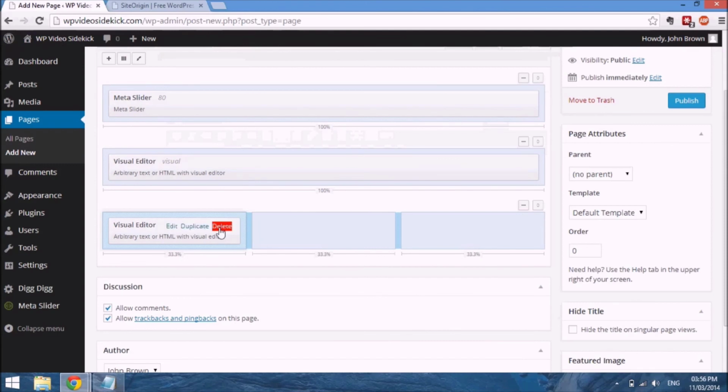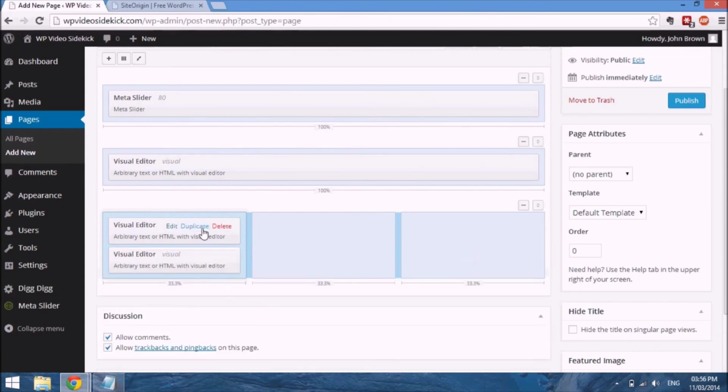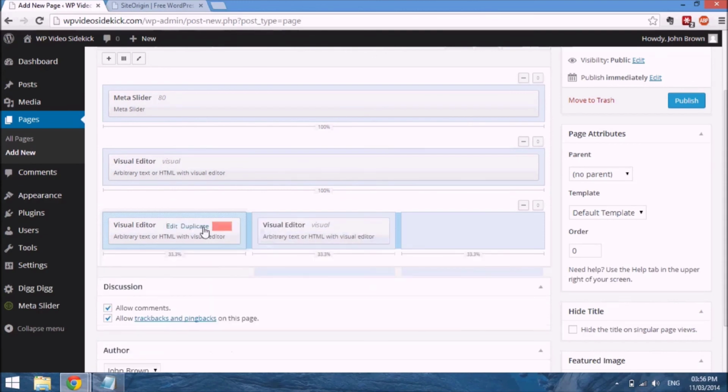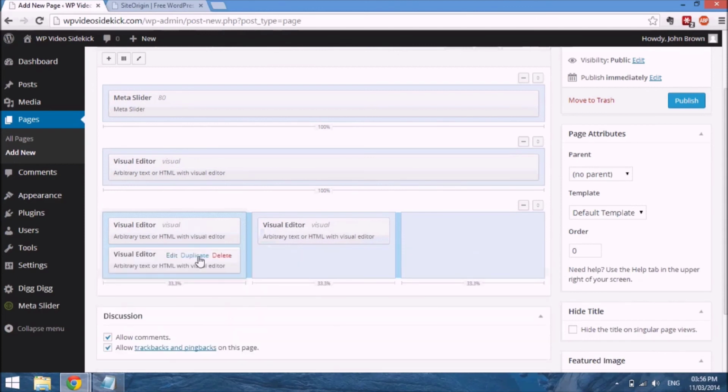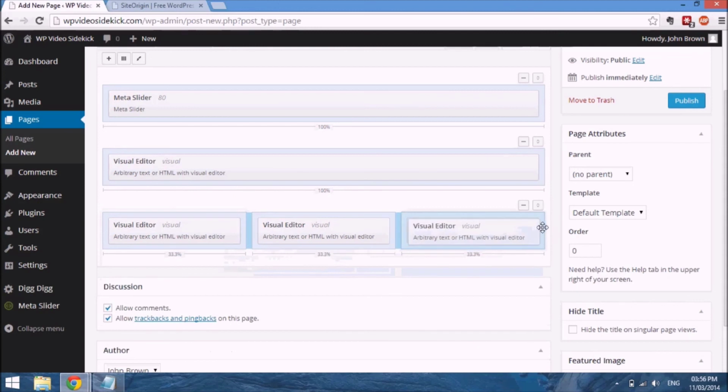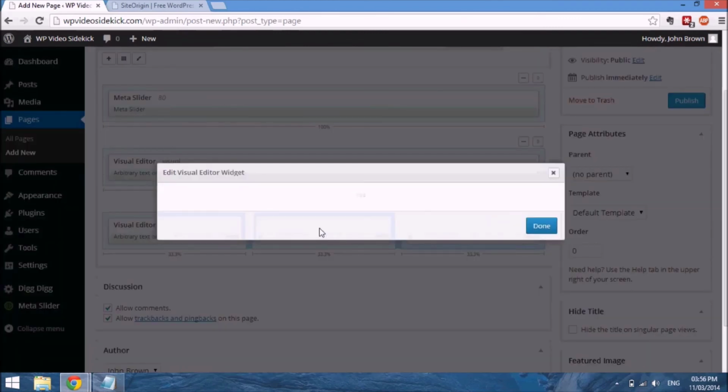And then I'm done. And the wonderful thing is that instead of doing this 3 times for each of the columns, I can just duplicate this, and drag it over, and again I can duplicate, drag it over. So instead of having to select the widget again,